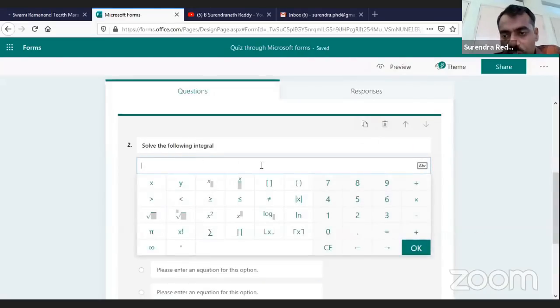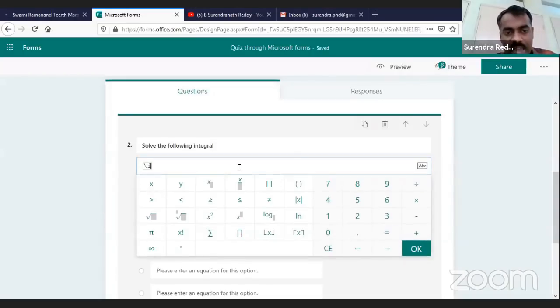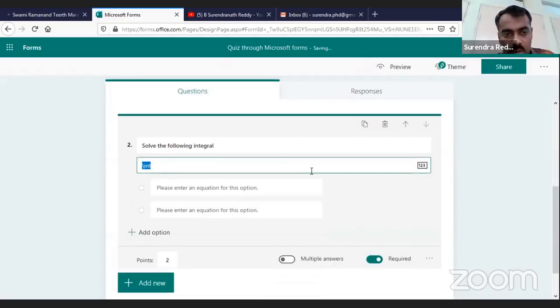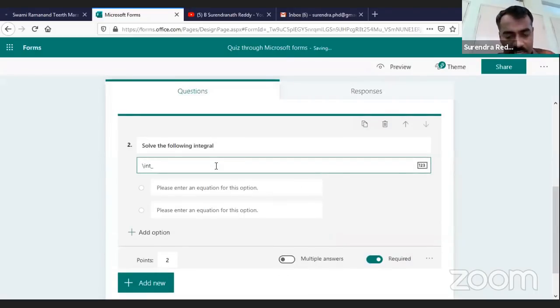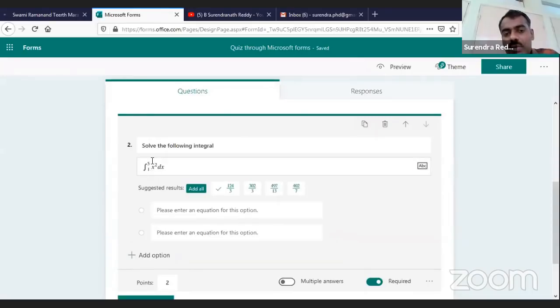Now, if you see this right hand corner here, there is an option called ABC. If you click on that, then you can start typing LaTeX code. And if you click again, it will be converted to an equation. So let me type here. Whoever knows LaTeX, for them only it will be understood. So I'll write here \int. If I just click on this, that is converted. So I'll write \int from 1 to 5 x square dx. This is the LaTeX code for typing integration. Now I just click on this one, and it is shown as integration 1 to 5 x square dx.